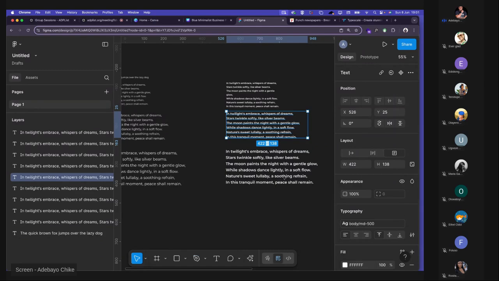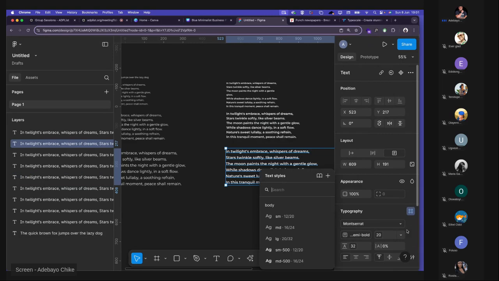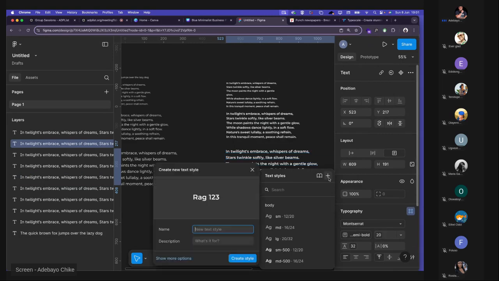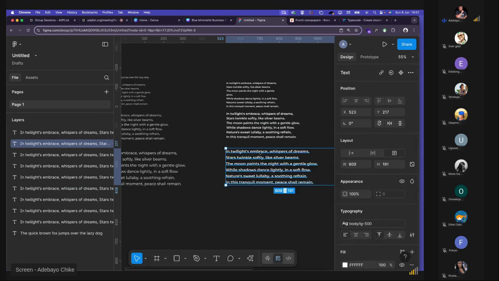Then we'll have the last one to be body slash large 500. Then this is our bold,